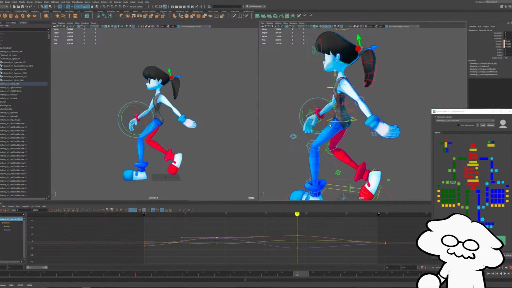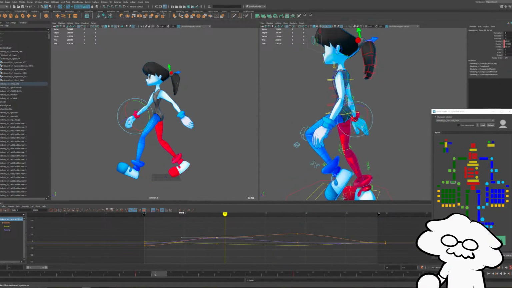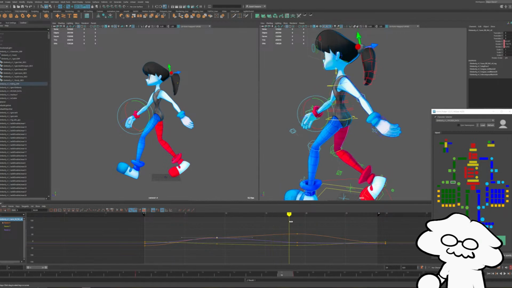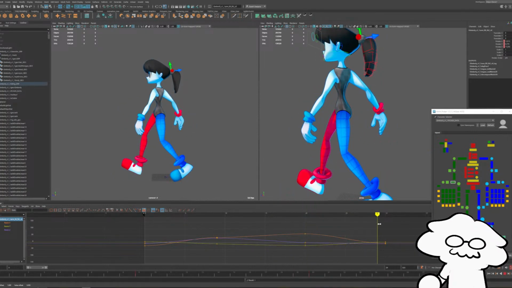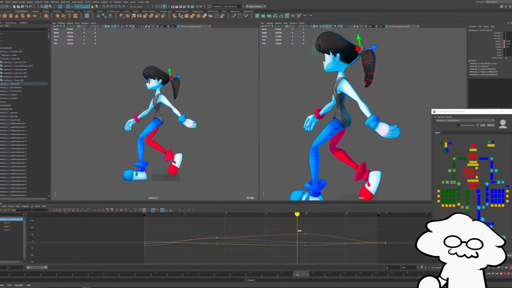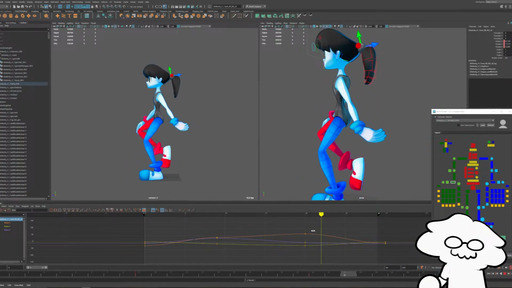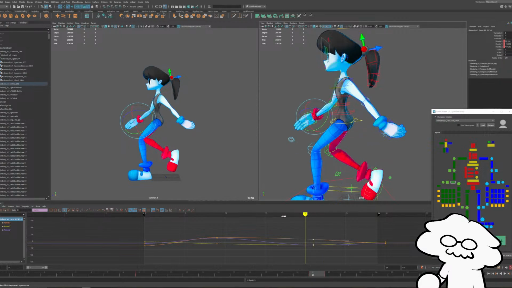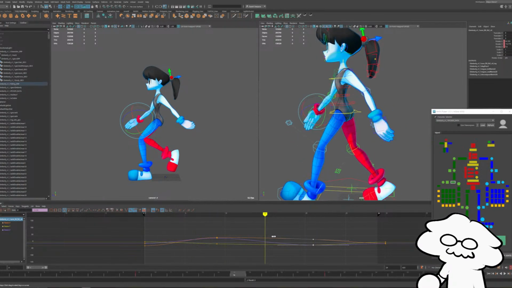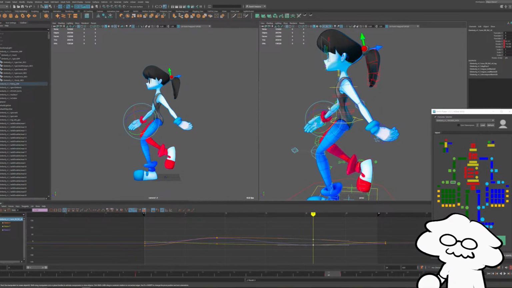And then as it's being dragged backwards, I want it to swing upwards. Yeah, a bit like that.